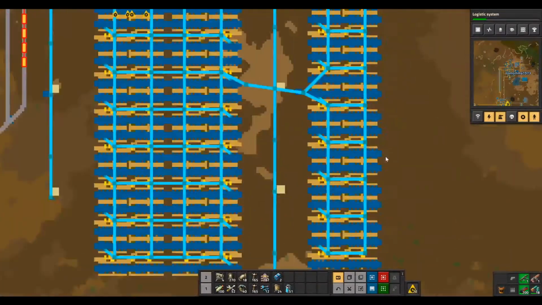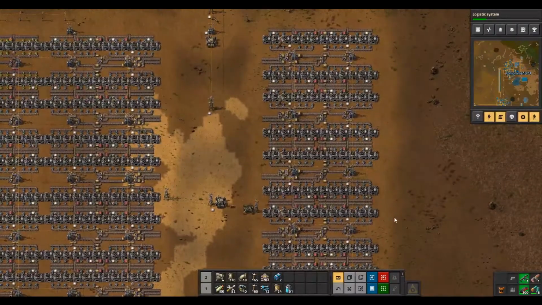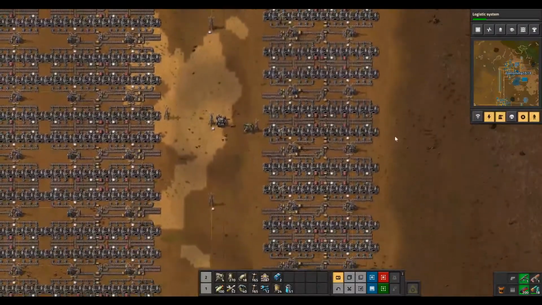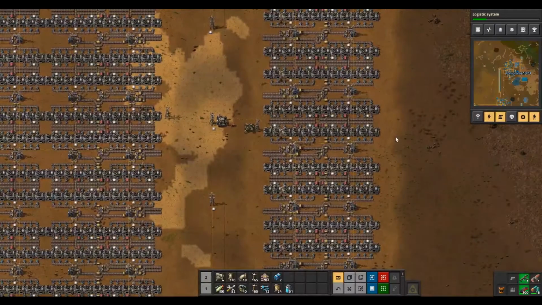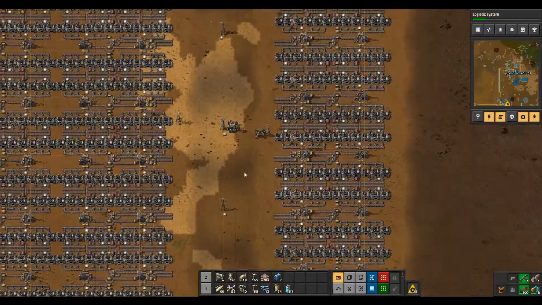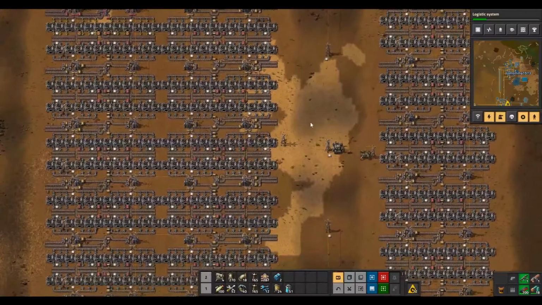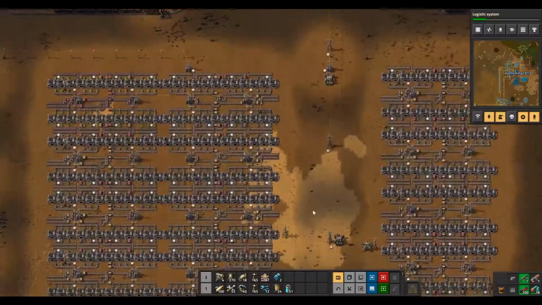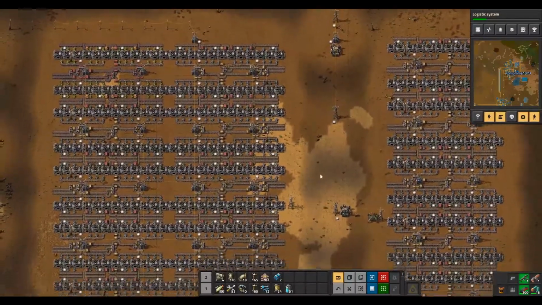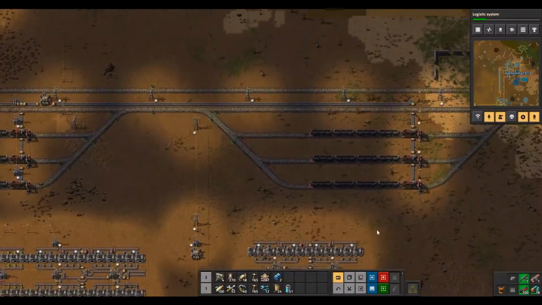So we've got a total of 24 arrays of smelters. Each array has 24 smelters, so do the math. What's 24 times 24? I'm thinking it's around 500 furnaces. Is that right? Could be. But what we've got is 3 sets of 8 arrays. And each set of arrays, over here on the right, these 3 trains and these